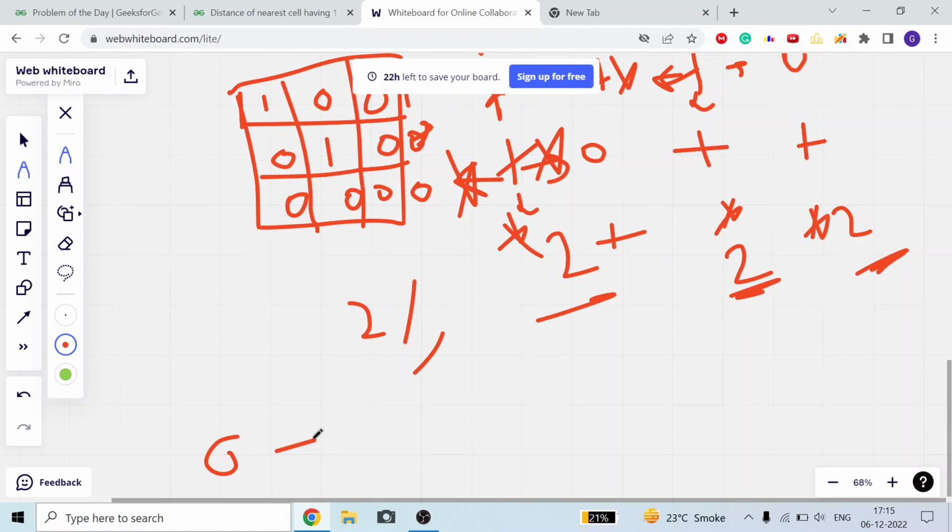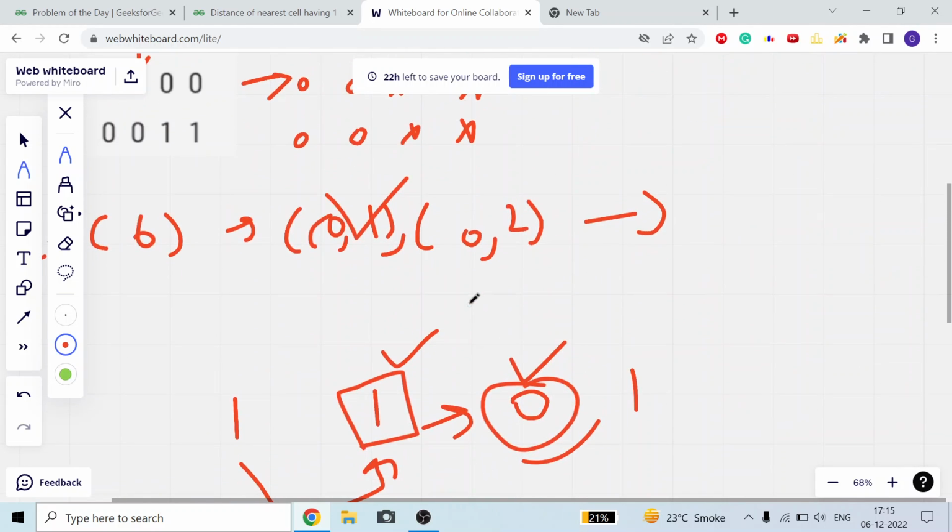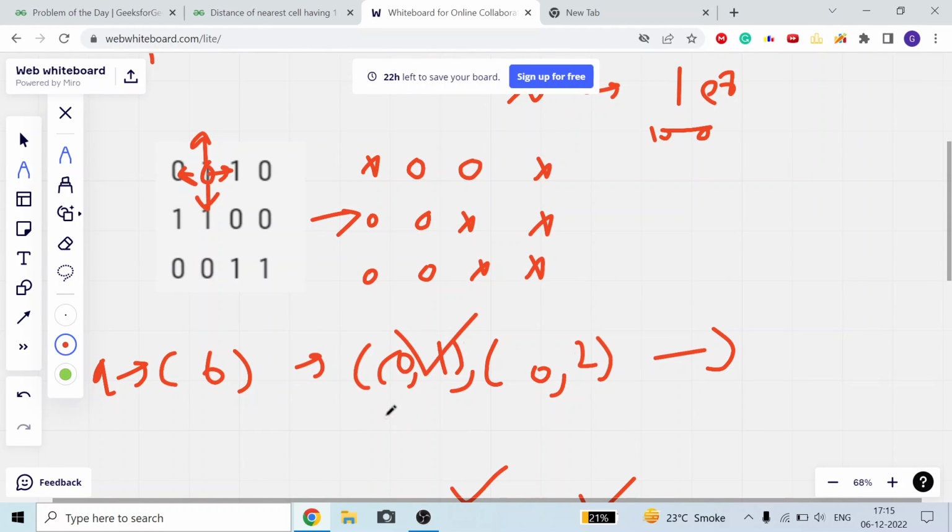Now you can see this will become a cycle. First of all, we will traverse all 0 cells, then all cells with distance equal to 1, then all with distance equal to 2, and so on. So first of all, in the queue I will put all the cells that are at distance equal to 0 and traverse all the four neighbors.